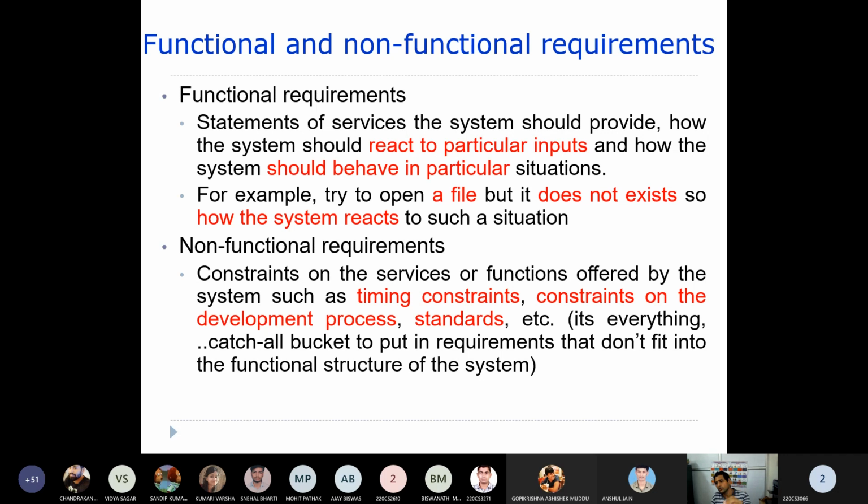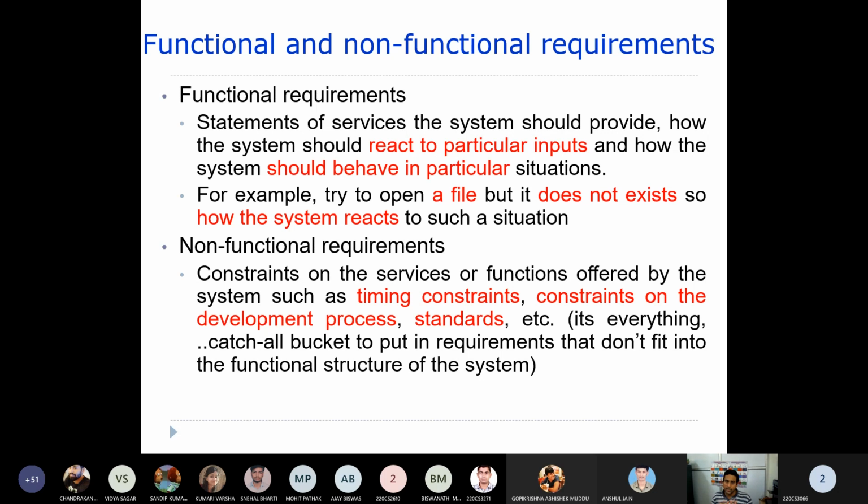Wherever you think that you are going to give an input, and it gives an output, that is functional. Let's say you can think of an ATM machine. Part of the ATM machine is cash withdrawal. Withdrawing money is one functional requirement. What are you going to input there? You input the amount of money that you want to withdraw from your account. And what is the output it is going to give you? It is going to give you some cash. Let's say you have given 2000 as input, so it is going to give you 2000 rupees. So these sort of things.